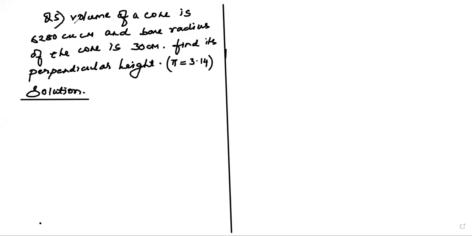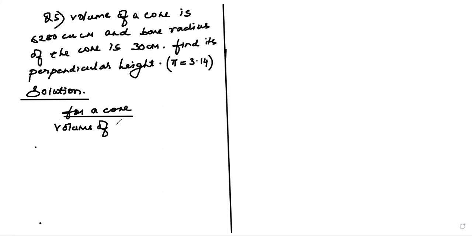Question number 5, children. Volume of a cone is 6,280 cubic centimeter, and the base radius of the cone is 30 centimeter. Find its perpendicular height. We are talking about a cone, children. So for a cone, the volume of the cone is given by